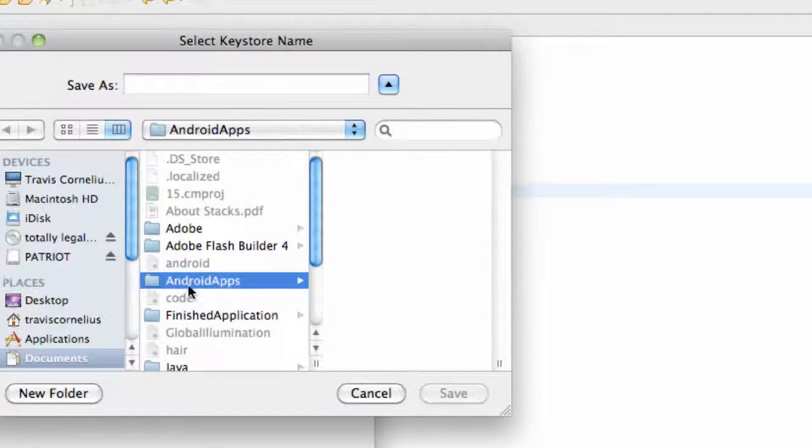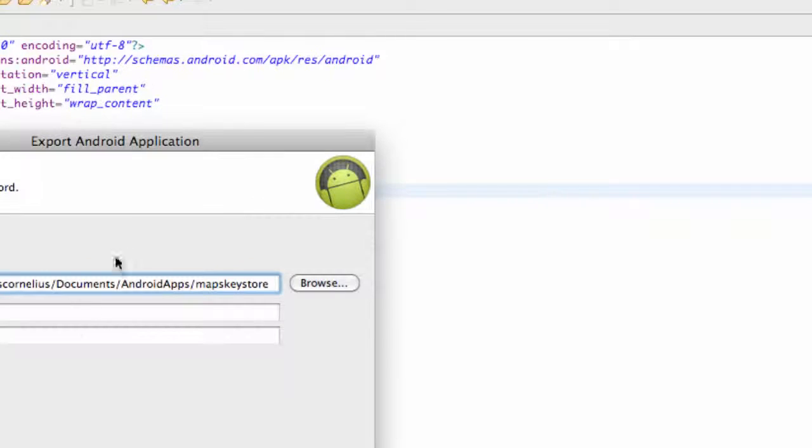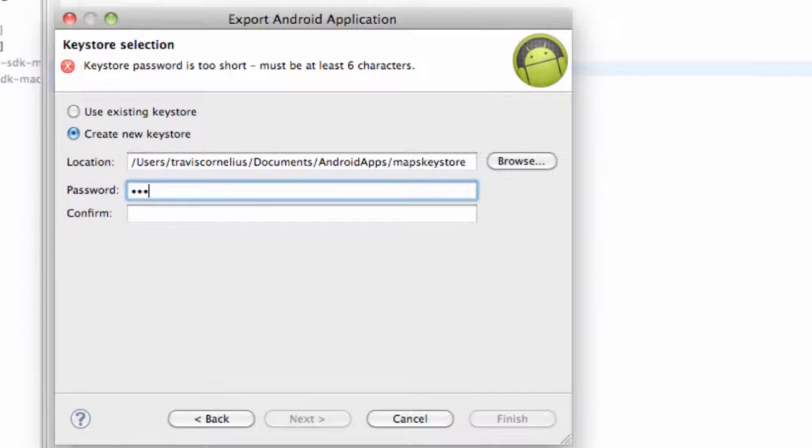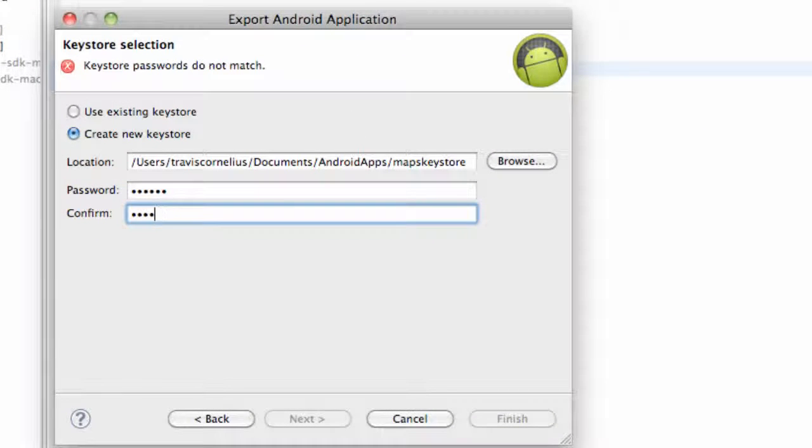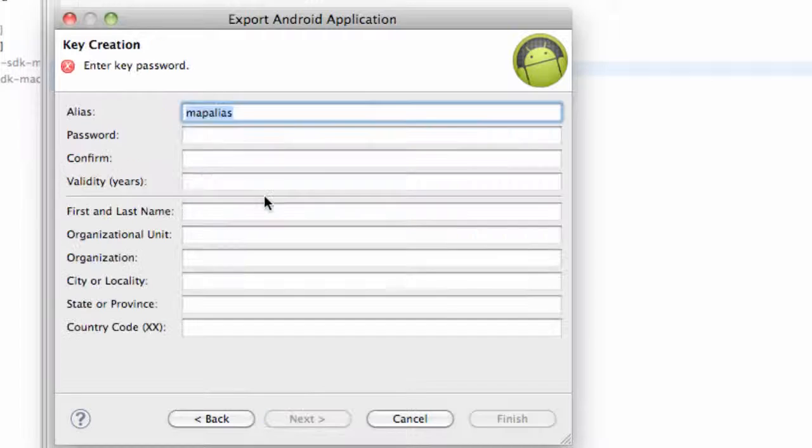So just create a folder called Android Apps, and we're going to say Maps, save this as Maps key store. Hit enter, and then we need to create a password that we're going to remember. I'm going to say Travis and hit enter. So now that's where we created our key store, and we also have to create an alias. So I'm going to label mine Maps alias,